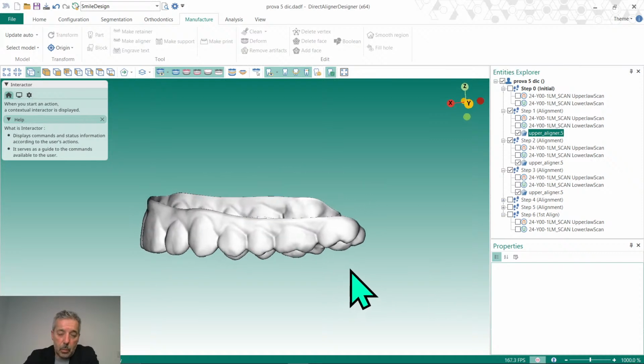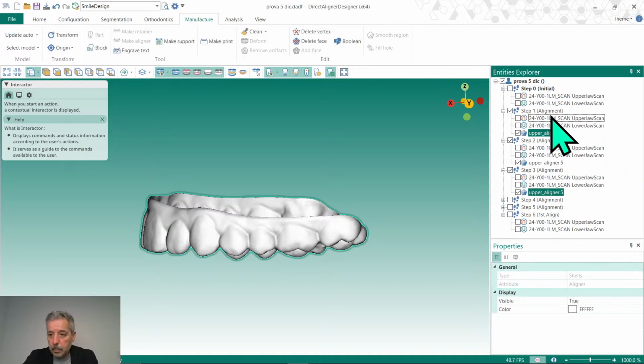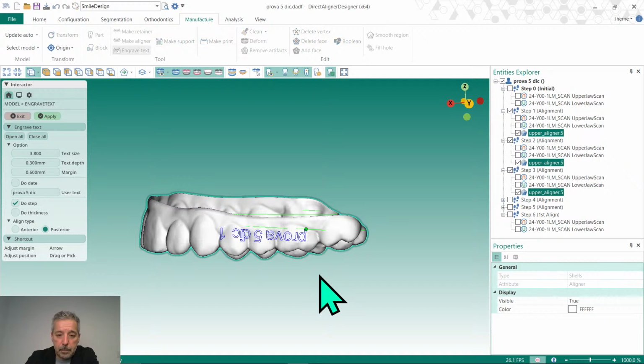The last other step is just to engrave test. When you click engrave test, we also have a new window, and it's possible to define the text size, also